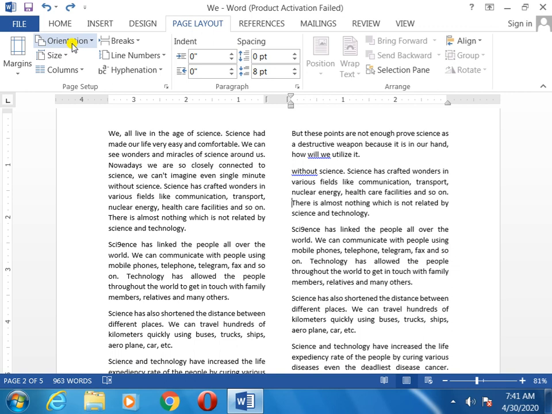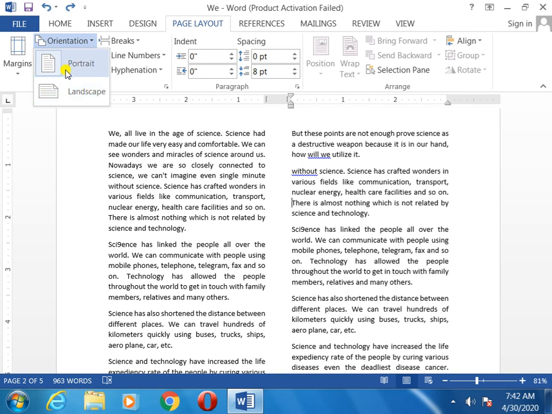Now, if you cannot understand which is portrait and which is landscape, in your book page number 19 you can see which type is portrait and which is landscape. Now I will also show you, but your book page number 19 it's located. Now, orientation: portrait means all the long side it will print, and landscape means one horizontally, another vertically it will print.